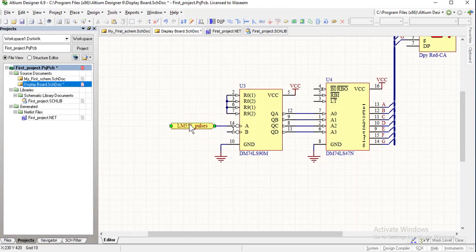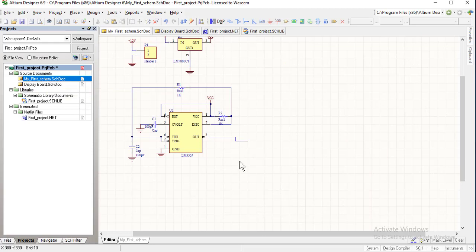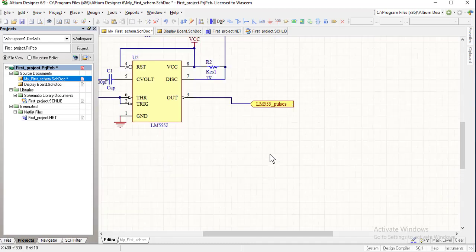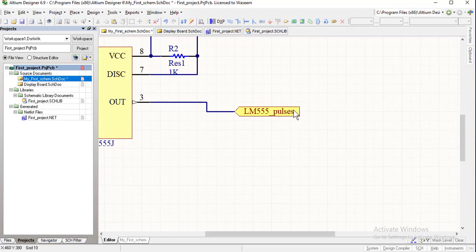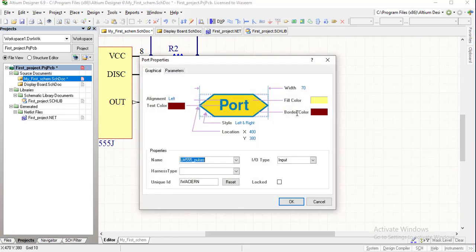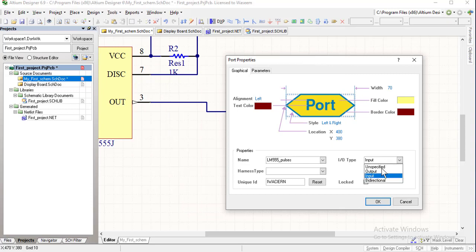Similarly, this port must be placed here. Control C, copy, and we can place it here. Now it is an input port, but at the 555 it must be an output, so we define it as an output port.